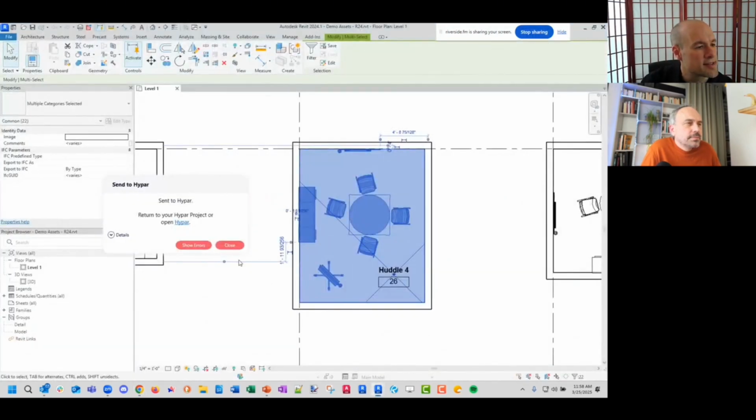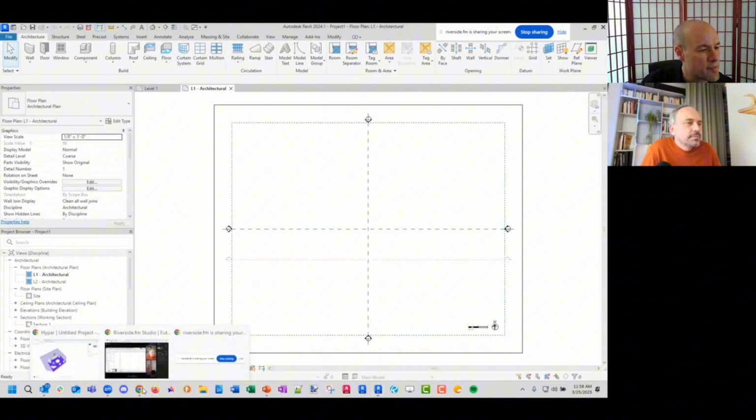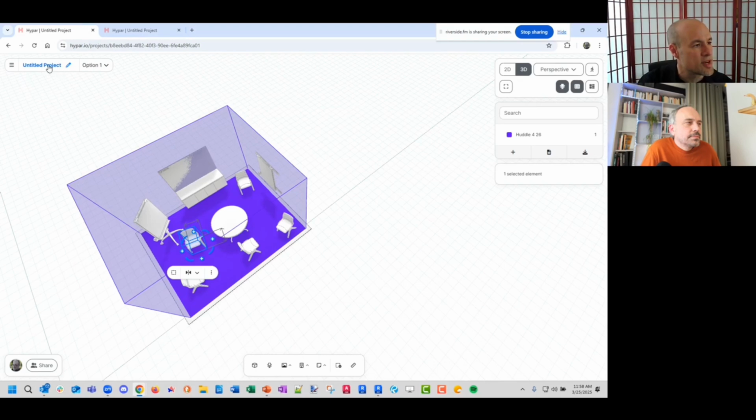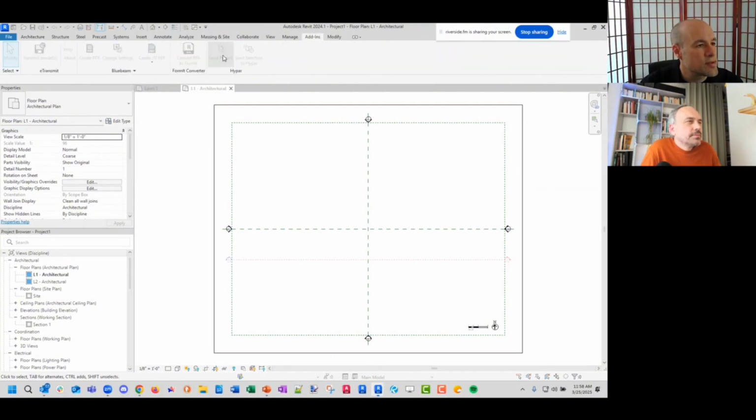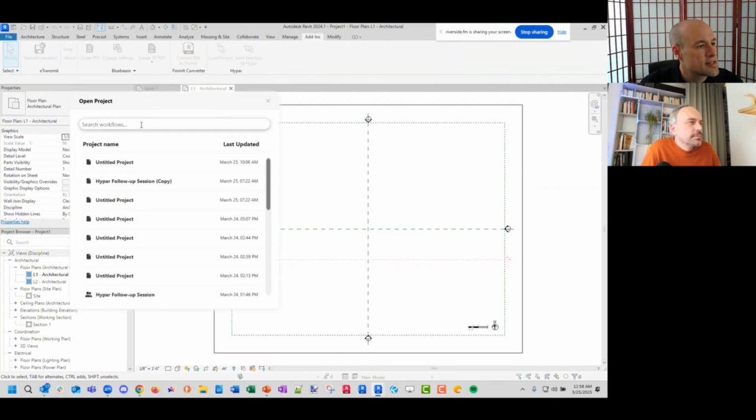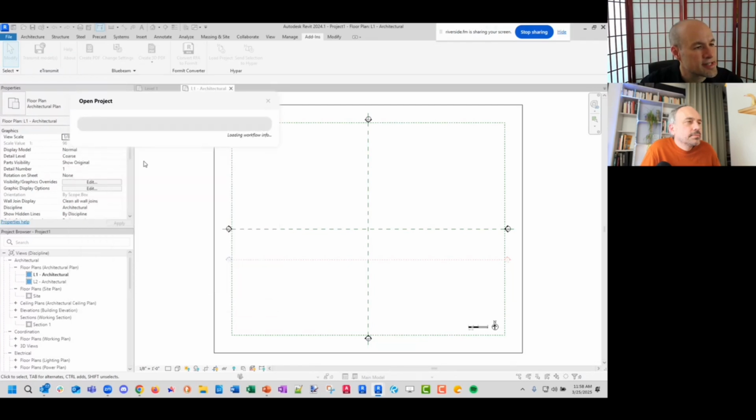If we go back to Revit, we'll close this box. Let's open up a new file. And hang on, I'm going to pop back into Hypar just so I can find this project again by giving it a name. Here, let's say future architecture. Revit. So if we go back to the add-in and load a project, let's give it a second until it refreshes its list to future architecture, and then start bringing it back in.